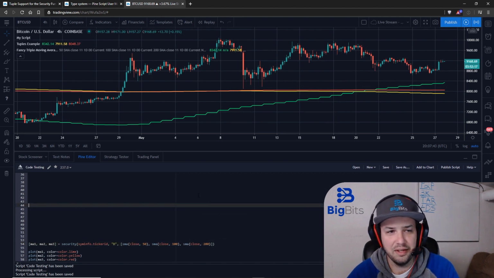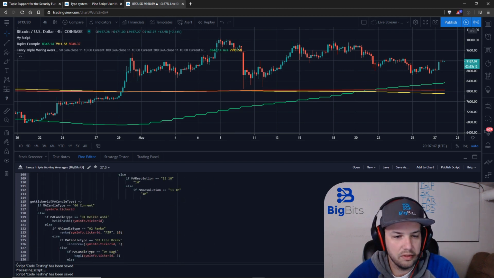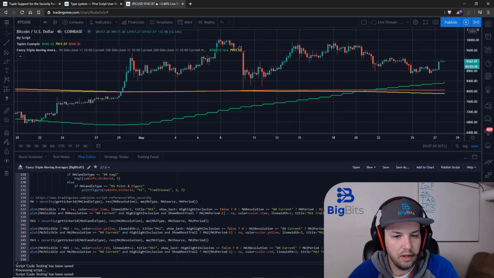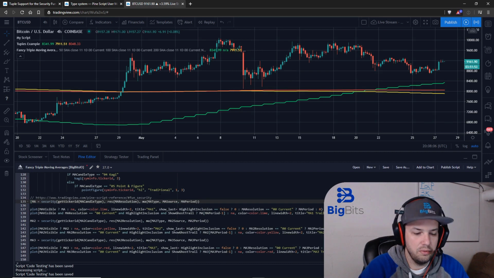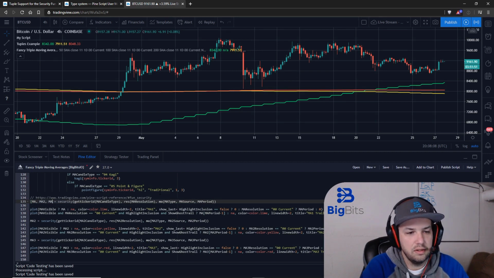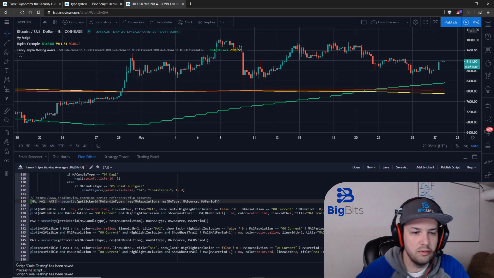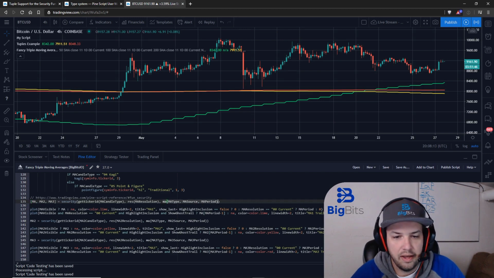That was a lot to say all at once, but I'll take you into the code here and show you really the difference. You'll notice there's one line of code here which sets the first moving average there. Now I have a function for the ticker ID and the resolution there, but I also had a function that returned that MA value. And if I wanted to convert this into a tuple, and I'm not going to actually save this, what I could do is set all 3 of my variables like that, and I would want to copy this function,